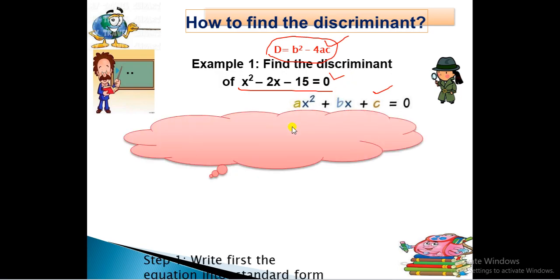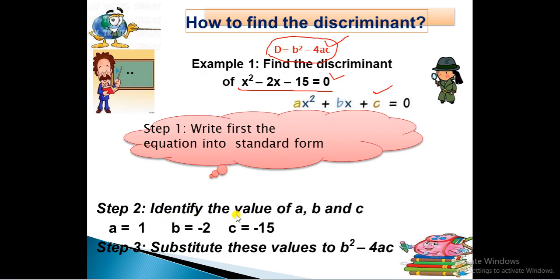Now, this was the first step. Next is what? You have to identify the values of a, b, c. How do we get these values of a, b, c? Let us see. We will compare both the equations. Here you can see a is the coefficient of x square, which is 1. So we get a equals to 1. Next, you see the coefficient of x is b. Here the coefficient of x is minus 2. So we get b equals minus 2. c is the constant term. What is the constant term here? Minus 15. So we get c value minus 15. So like this we get the values of a, b and c.